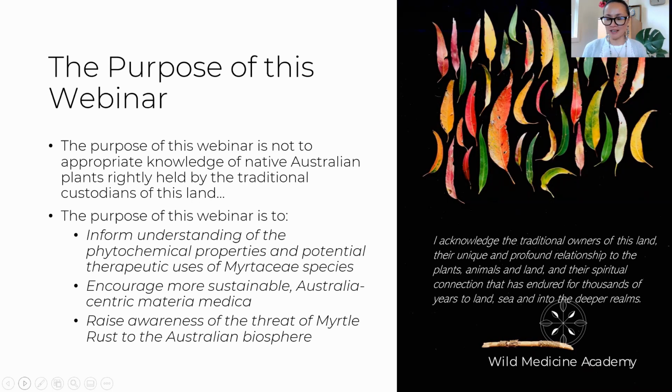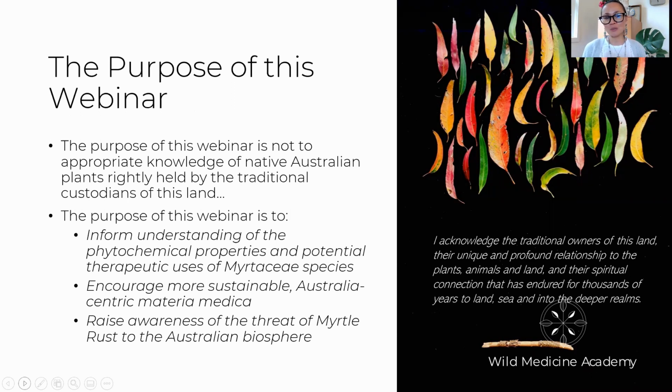The second thing that this webinar is about is being herbalists in Australia and really wanting a more Australian-centric Materia Medica. We all love our Materia Medica. However, we're moving forwards in a world where we're trying constantly to be more sustainable and to take much greater care of the land on which we live. And so this is about sustainability, and it's about introducing native Australian species. And the moment that we do that, and we introduce them into our Materia Medica, we develop this intimate relationship with the plants in the very same way that we have done with our combination of North American and European herbs currently.